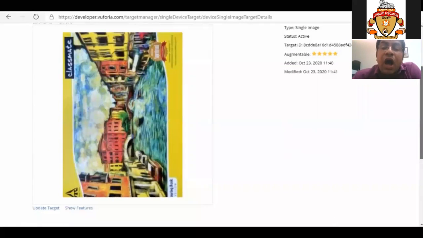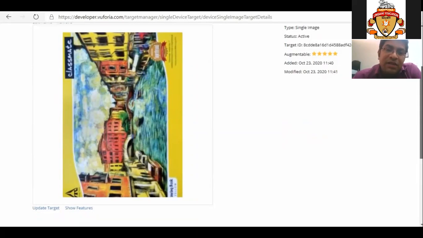Augmentable means how easily the computer, or Vuforia, will be able to detect this particular image. So how easily it can be detected, that is the augmentability rating. Now why is it important? Which type of images should have a higher augmentability rating? Those pictures which have maximum asymmetry in them.